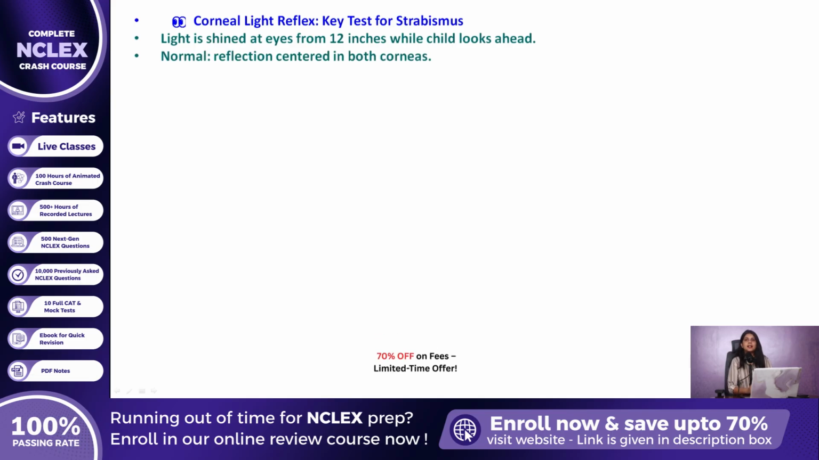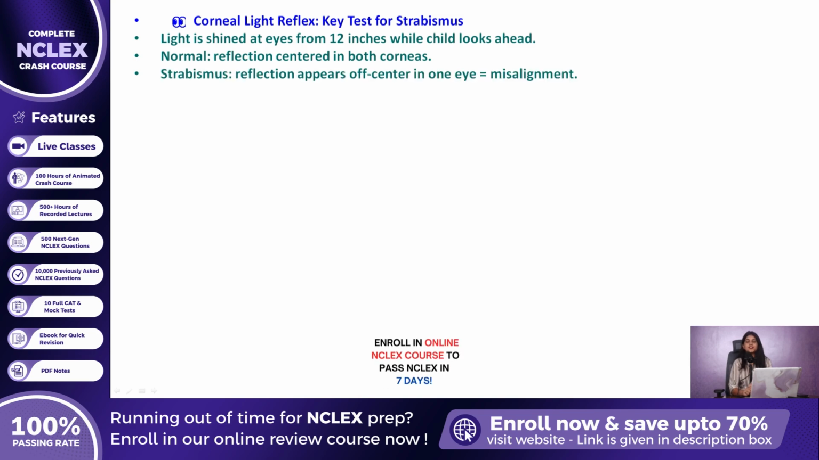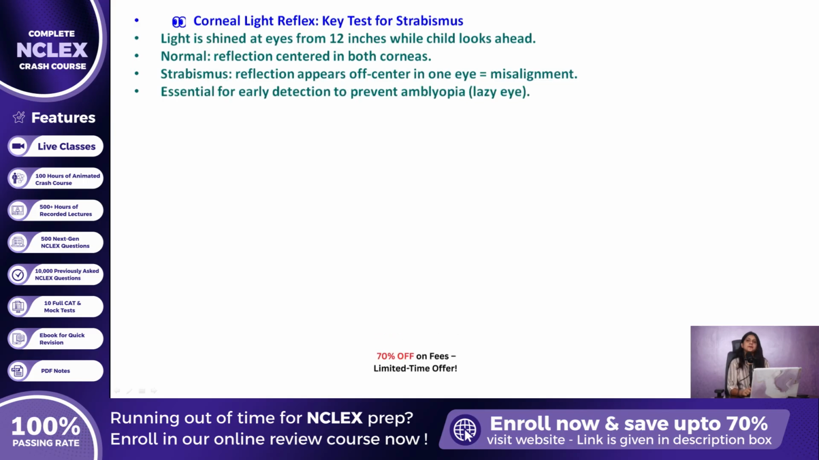In a child with normal alignment, the light reflection appears symmetrically in the center of both corneas. However, when one eye is deviated due to strabismus, the reflection appears in a different location on that eye's cornea, clearly signaling a misalignment. This test is especially useful for preschool-aged children who may not yet be able to perform